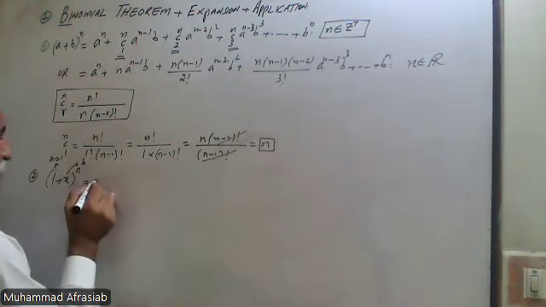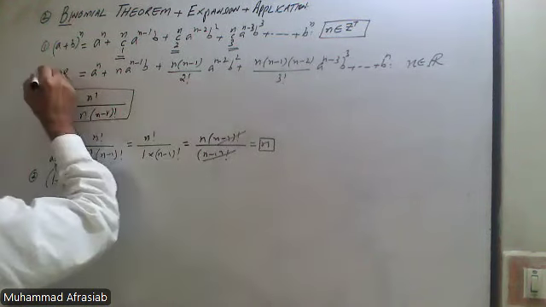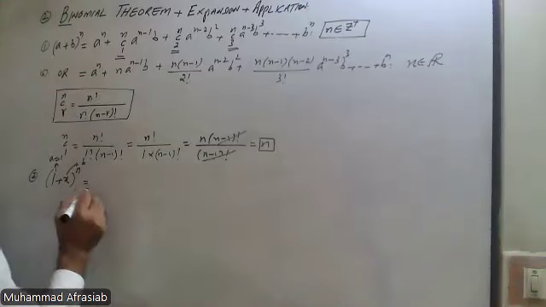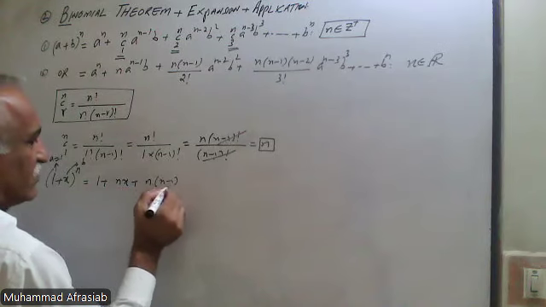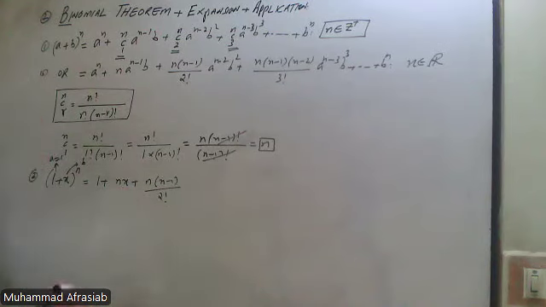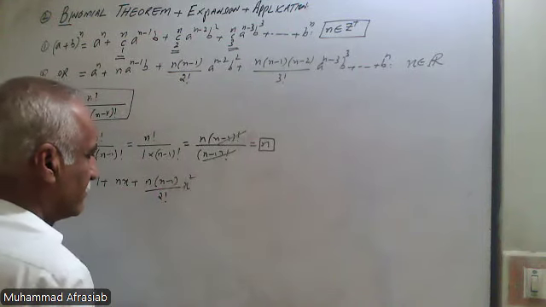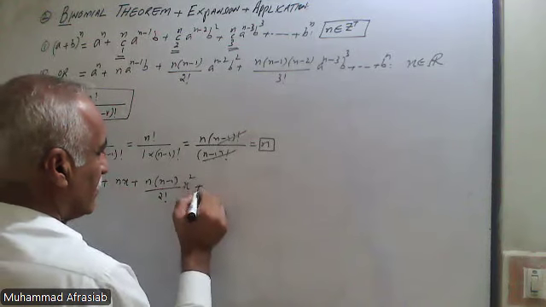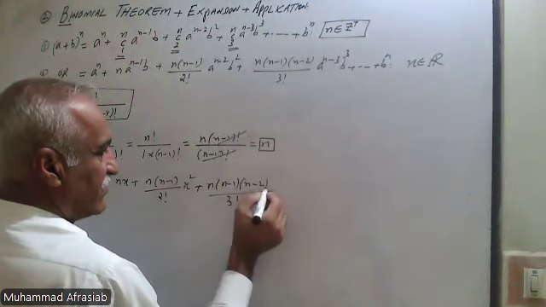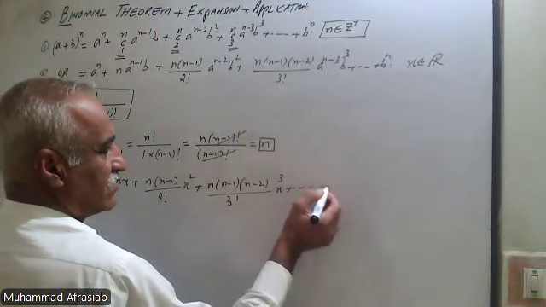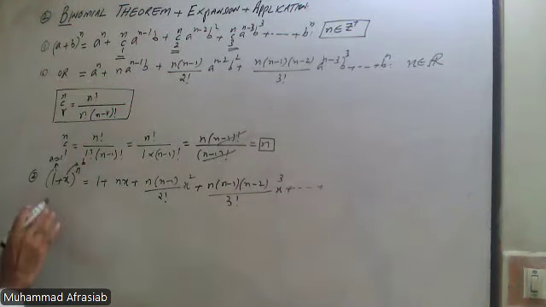So according to this formula, this will be written as 1 + nx + n(n-1) divided by 2 factorial into x squared + n(n-1)(n-2) divided by 3 factorial into x cube and so on. So this is the formula we are going to use in this part of A2 levels wherever the binomial theorem is there. Now, if we have to apply it,